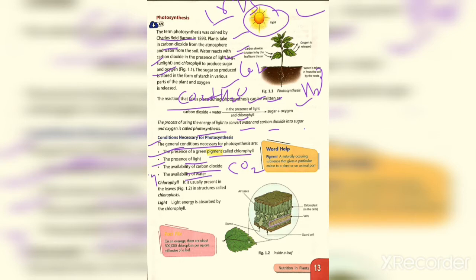Here are some terms, like chlorophyll, which you have to understand. What is chlorophyll? Chlorophyll is present inside a leaf. If you see the cross section of a leaf, in it there is a chloroplast. Inside the chloroplast there is a green pigment called chlorophyll. Chlorophyll is the green pigment present in the chloroplast. And light, you gain it from the sun. Light energy is absorbed by the chlorophyll. Okay. Next